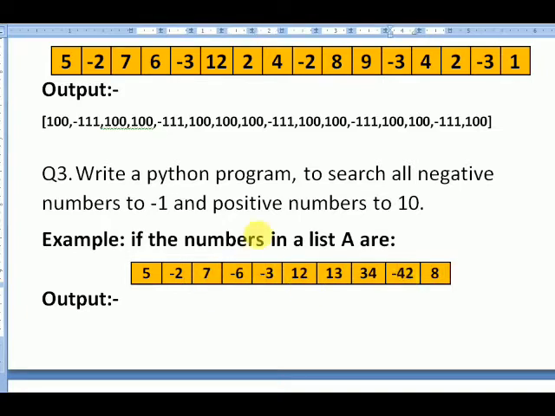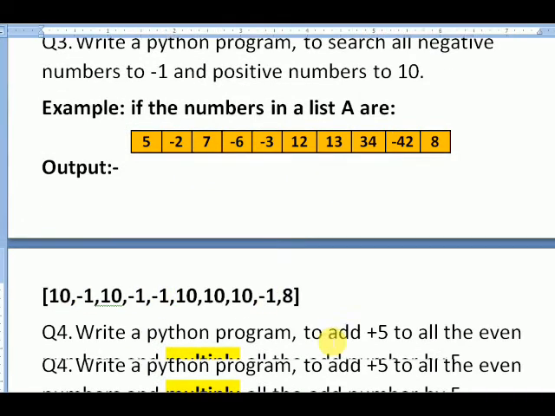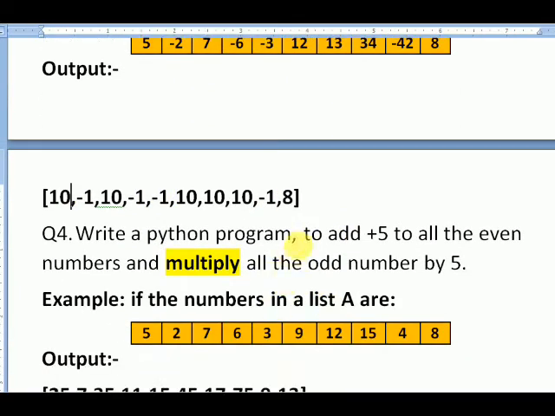It means you have to put less than 0. लेस देन 0 की कंडीशन लगानी कि क्या नंबर जो है 0 से छोटे होते हैं तो क्या होता है, नेगेटिव होता है. दैट मीन्स दैट कंडीशन यू हैव टू पुट हियर, देन यू विल गेट द करेक्ट आउटपुट लाइक दिस. इसके बाद नेक्स्ट क्वेश्चन क्या है, दैट टू ऐड +5 टू ऑल द इवन नंबर्स एंड मल्टीप्लाई to all the odd numbers by 5.